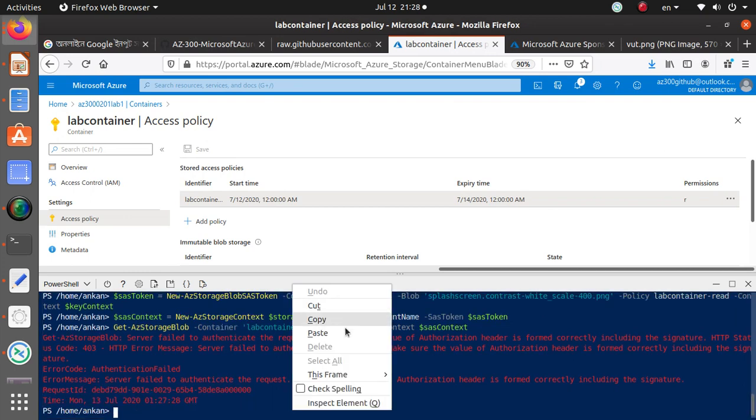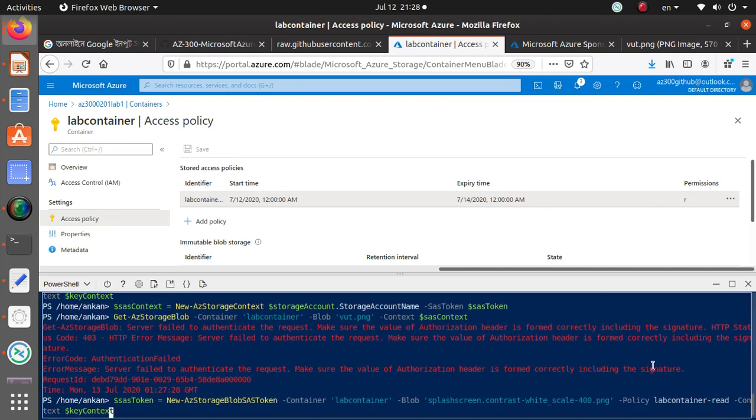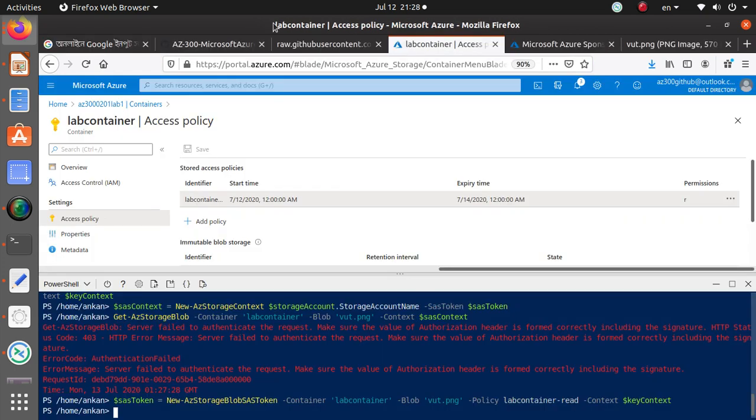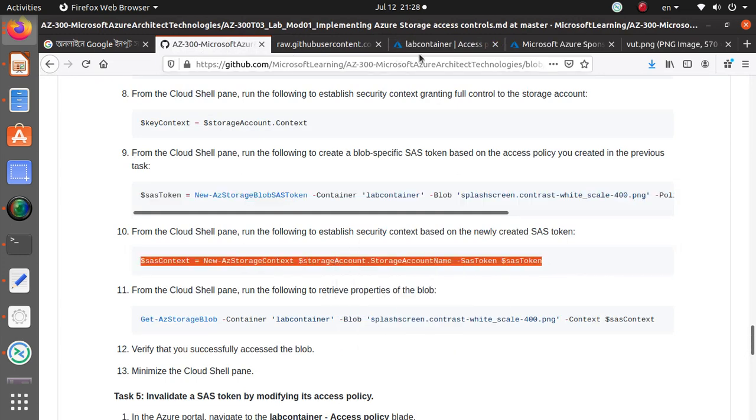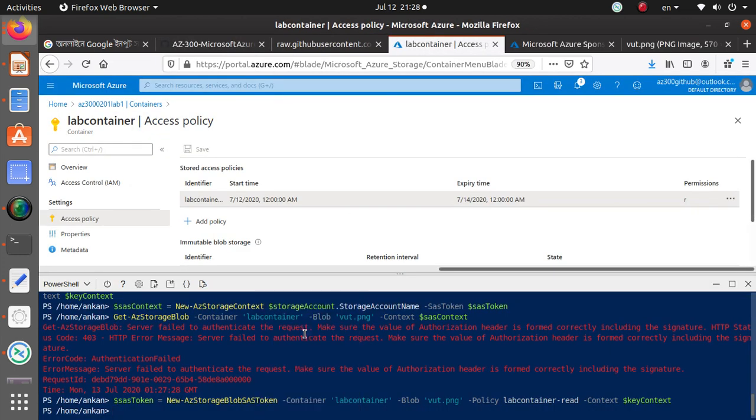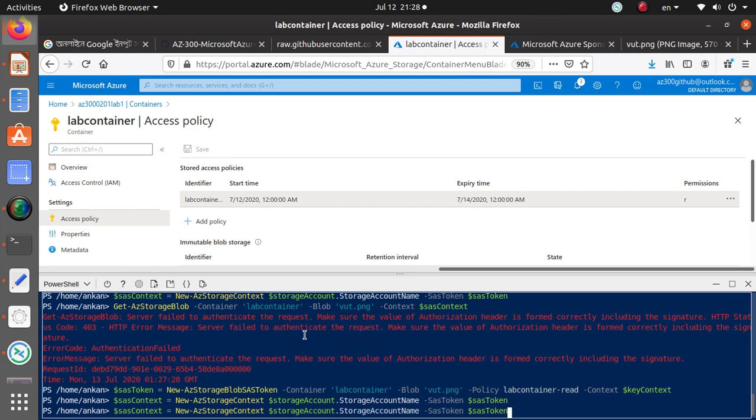Okay, so let's paste the command over here and let's create the image token to access the right image. So that should be it. Okay, then we go back and run this one. So this one should work better for me, and then